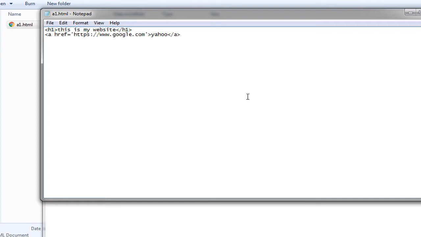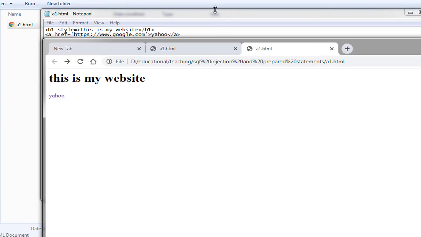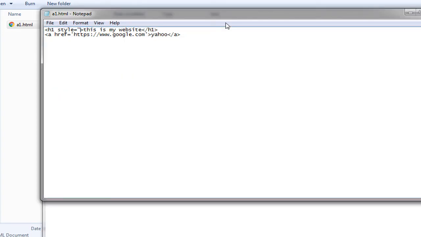So in here, if you want to apply the CSS or modify the appearance of different elements that we have created using the HTML, we just add an attribute called style in here. Now let's say that we want to change the color from the black that you saw in here to maybe green. So we say style is equal to, and we write everything in here.